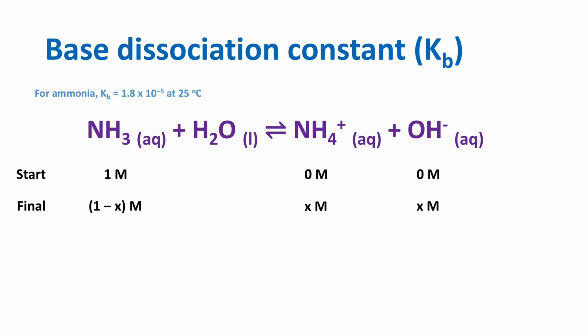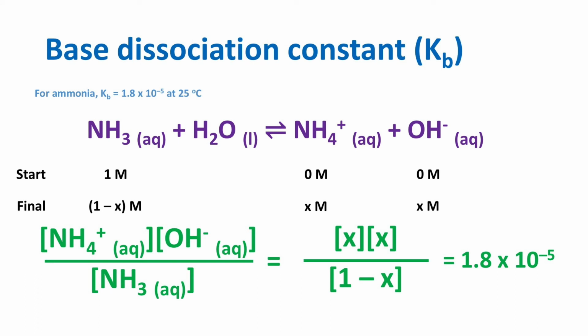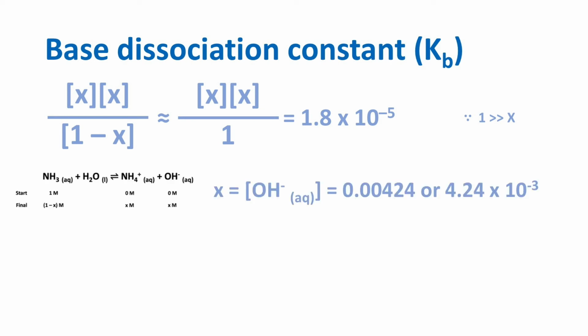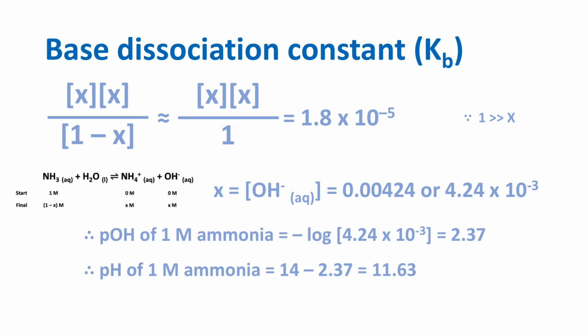So you can see, I try to ignore the concentration of water because in this case, water has two roles. It can be a reactant or a solvent, so we will ignore its concentration in the expression of Kb. With similar ideas and approximations, we can find the value of X. Well, this time, this represents the concentration of hydroxide ion. But don't worry, we have pOH value, right?